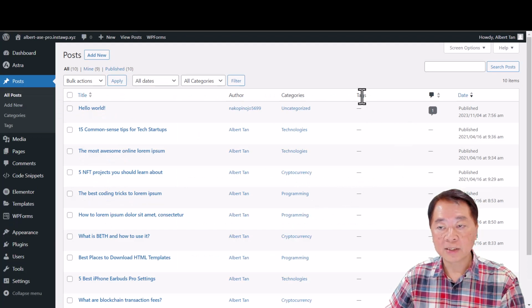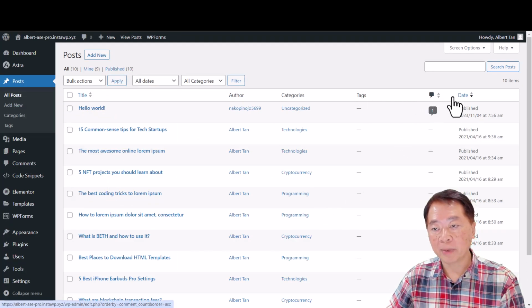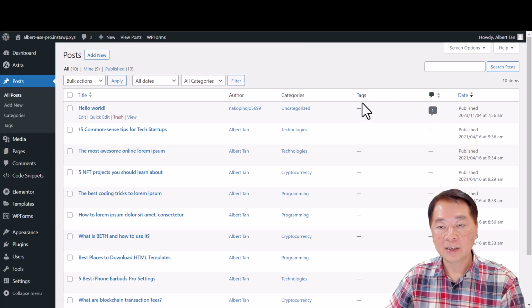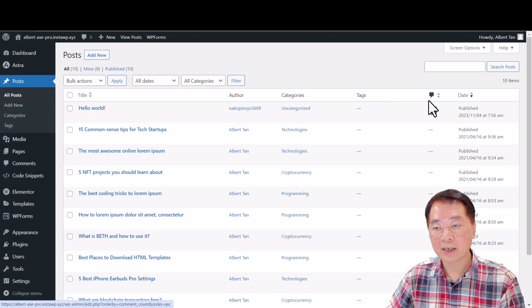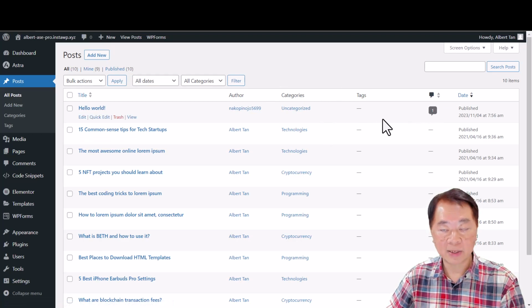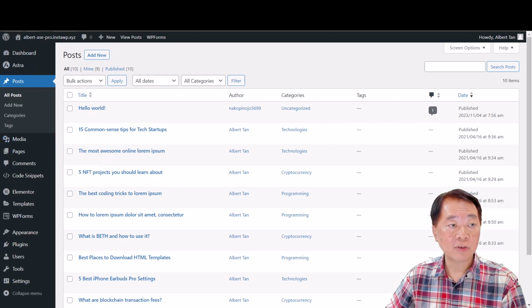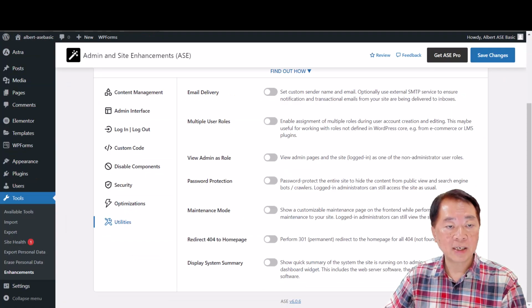So you can see back the tag, comment, the date. I think we disabled this tag and also comment just now, so this will come back. Okay, this is how we actually do it. Okay, let's go back to this